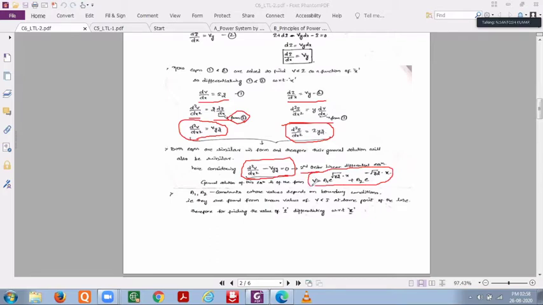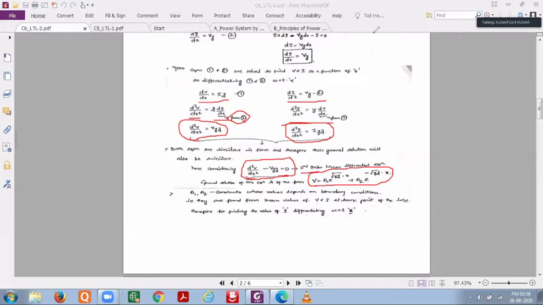The second order differential equation has a general solution in the form of V equal to A1 e power root YZ into x plus A2 e power minus root YZ into x. So just note the terms plus and minus. Now our main aim is to find voltages and currents. I have voltage in terms of A1 and A2, which are the constants. To find those values, we are supposed to apply boundary conditions, right?